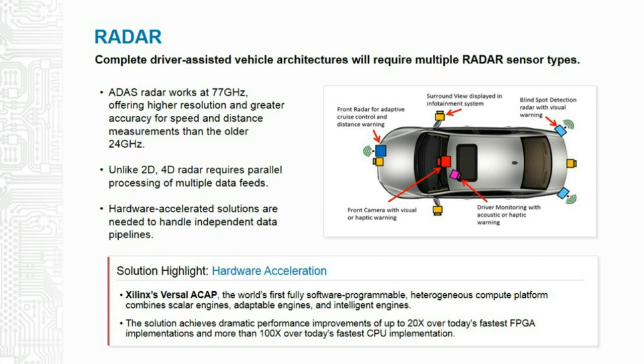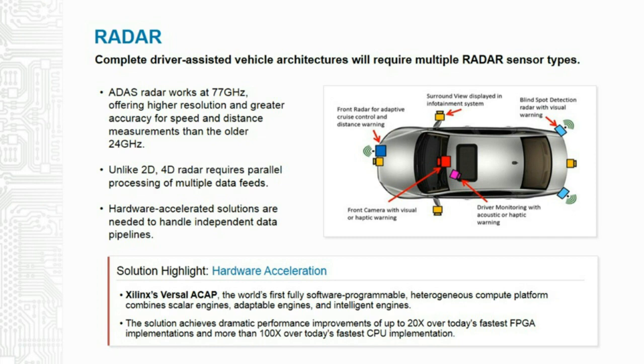And for those of you who don't remember Physics 101, the Doppler effect is a change in frequency or wavelength in relation to an observer moving relative to the wave source. For ADAS functions, radar has moved from 24 gigahertz to a more efficient 77 gigahertz, which offers higher resolution and greater accuracy for speed and distance measurements.